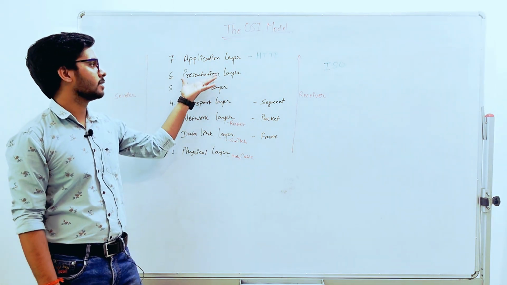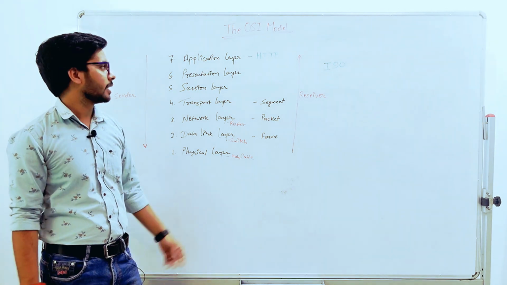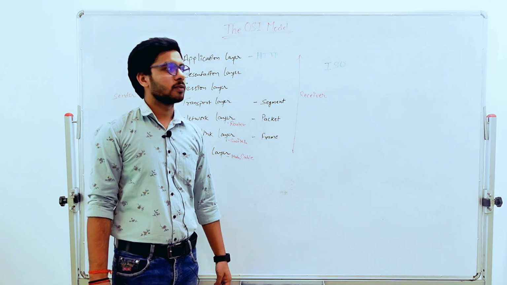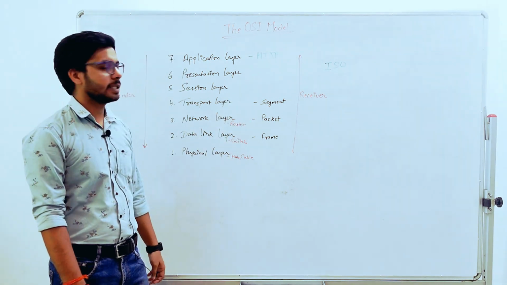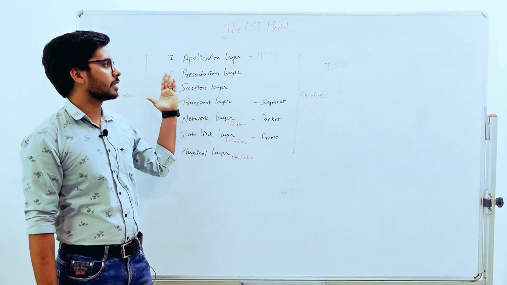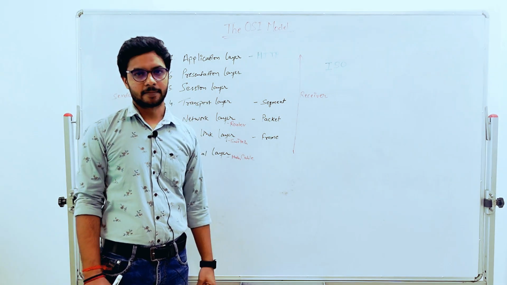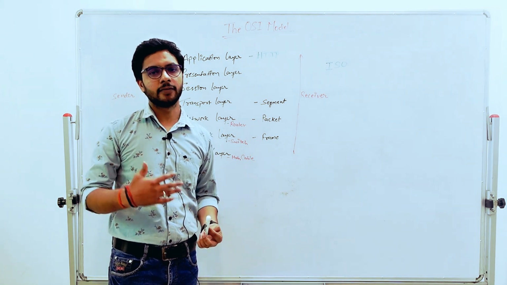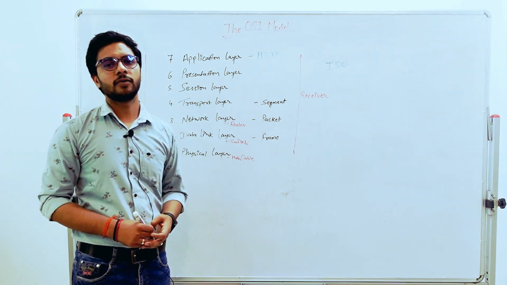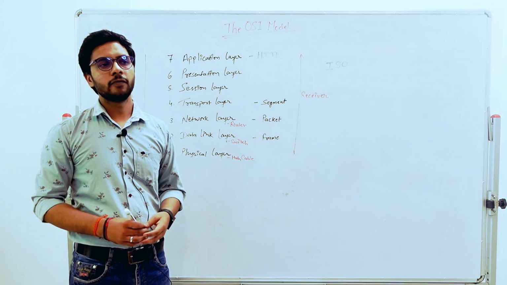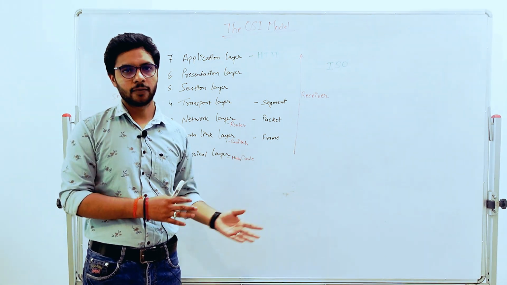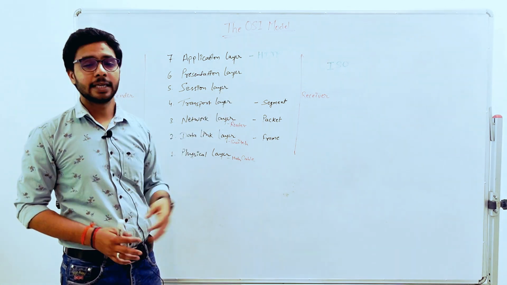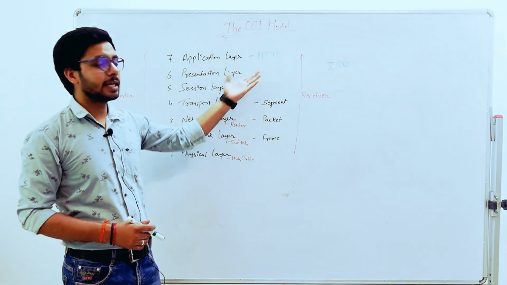Now next we have the presentation layer. With the name itself, it suggests that it is going to present the data. There are two tasks you can say for the presentation layer. The first is that it is going to decide the format of the data. For example, you are visiting a particular website and downloading some data from there. If you are downloading an image, then the image has its own format. If you are downloading music, then MP3 is the format. So it is going to decide the format of the data.